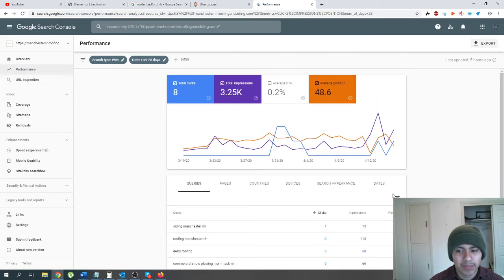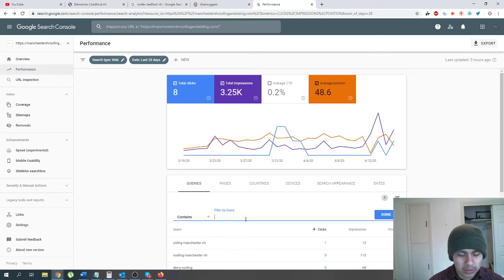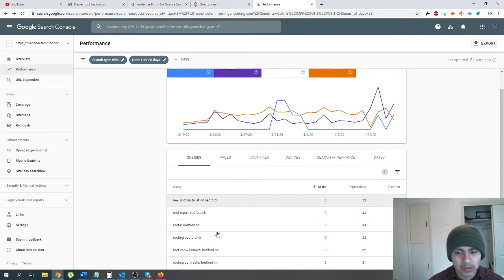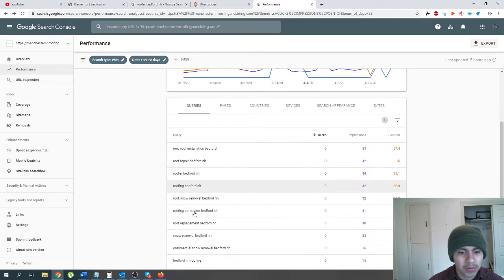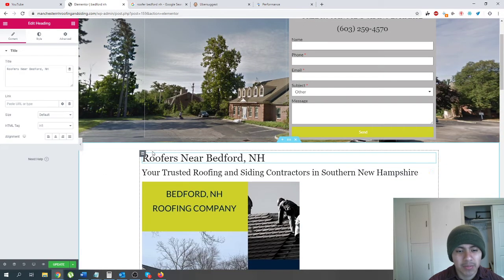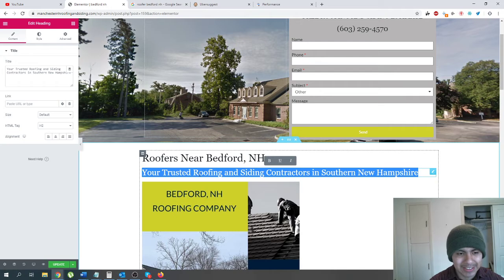type in Bedford. New roof installation is searched a lot. Roof repair, roofing Bedford. So roofer Bedford. So I want to rank for something like roofer Bedford, roof repair Bedford. Now because this isn't the repair page, this is just roofers, I'm just going to say roofers near Bedford, New Hampshire. And I can do something like